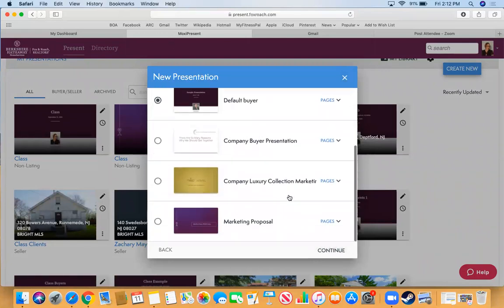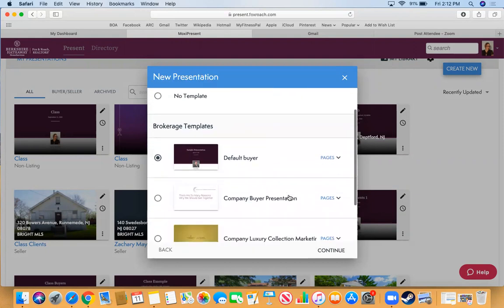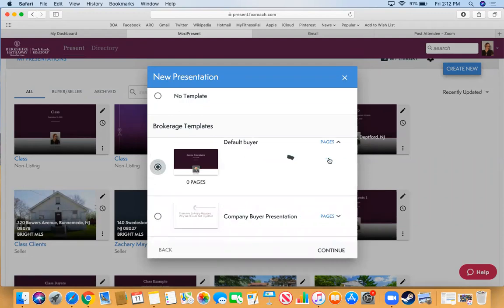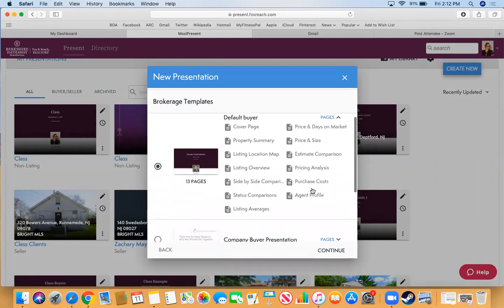Okay, as you will see, there are several options here. There's the default buyer, and if you click to the right where it says pages, it will tell you how many pages and what they are. So the default buyer has 13 pages, which is a cover page, property summary, listing location map, listing overview, side-by-side comparison, status comparison, listing averages, price and days on market, price and size, estimate comparison, pricing analysis, purchase costs, and